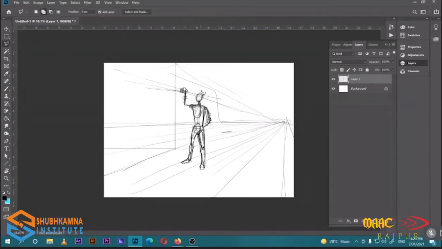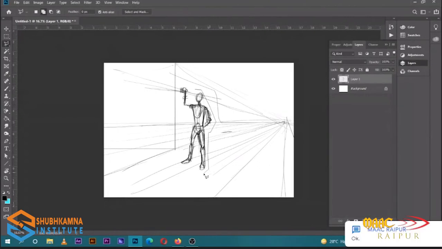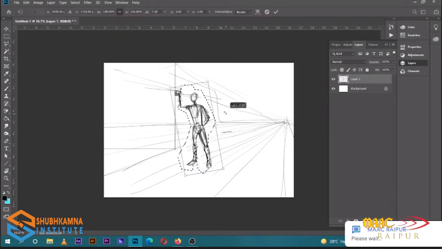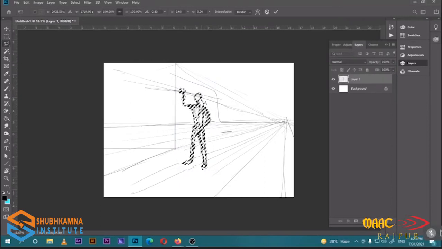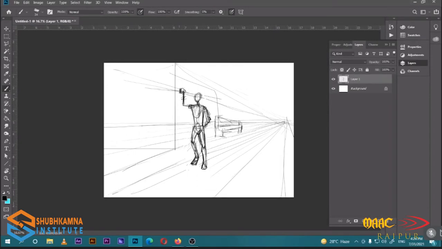Let me just select this, and I'm just gonna change its gesture, tilt it a bit. So these perspective lines are there to help me create a good perspective, the angle and the depth in my artwork.